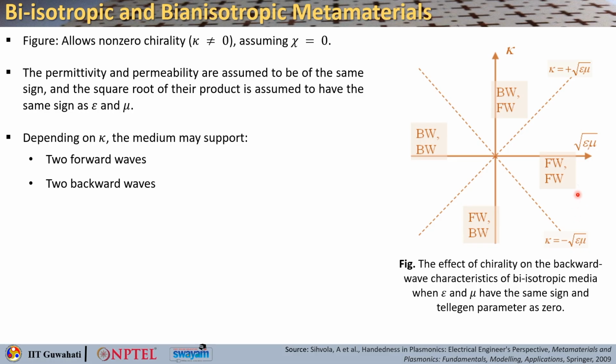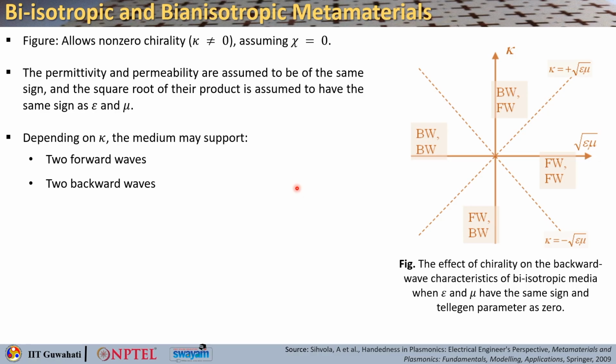Okay. So, here you can see you get forward waves here. Okay. Here you can get backward and forward. Here you can get forward and backward. Here you can get backward, right. So, these 2 waves depend on the magnitude of the chirality parameter, that is kappa. So, you are getting 2 eigenwaves, okay, which